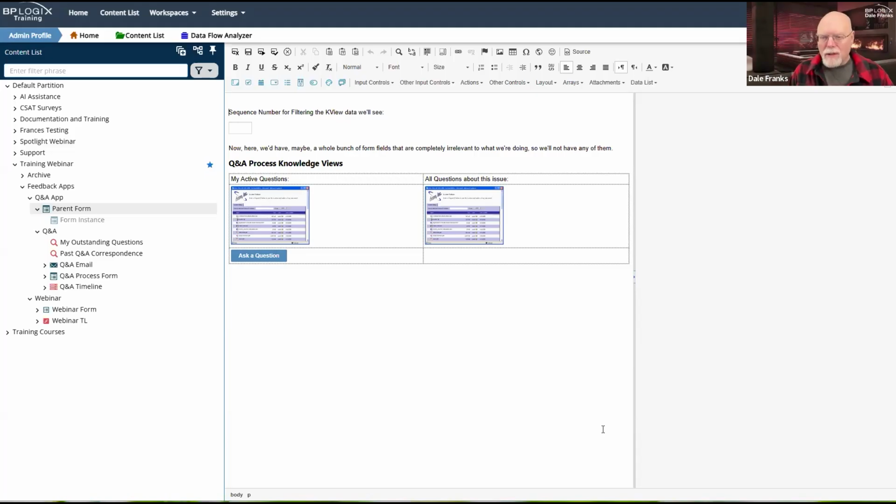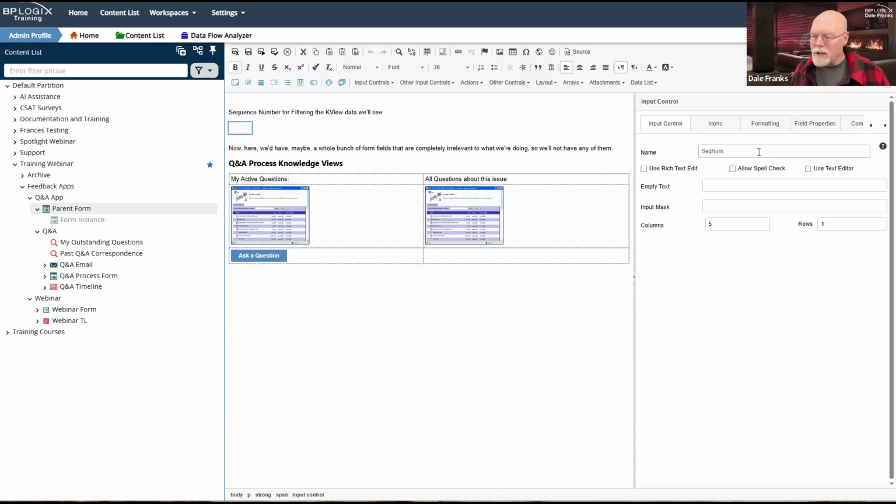Like I said, we'll cover this briefly, and then we're going to go and build something maybe a little bit simpler and something that hopefully we'll have some time to play around with and do a couple of different things in terms of how we want it to work in conjunction with our main process. In this case, we actually want this Q&A app to work intrinsically with our main process. We want to track it both in our main process as well as the independent process that runs the Q&A application that's associated here. So our primary linkage is this field right here.